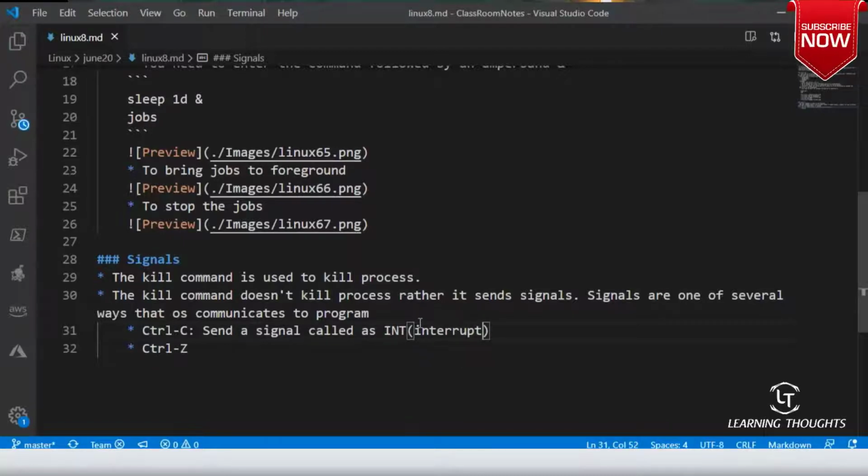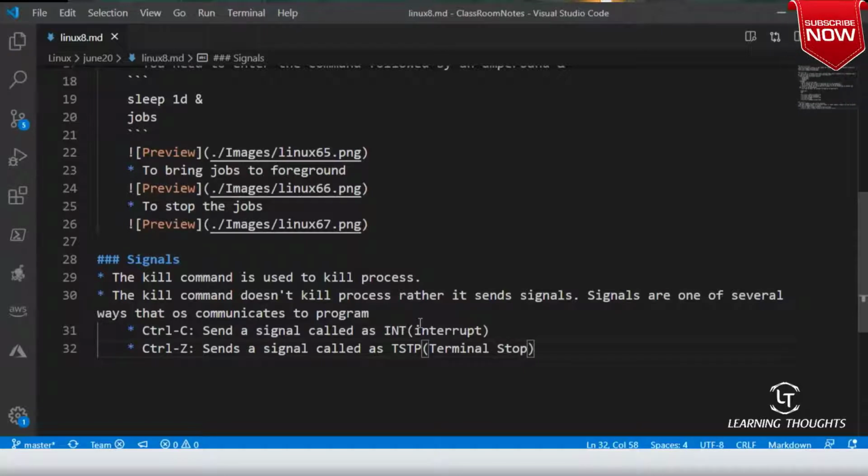Control Z sends a signal called TSTP, terminal stop. In operating systems, there are many signals, and there are some commands which send signals. So whenever you execute a kill, what will kill do? Kill will send a signal.